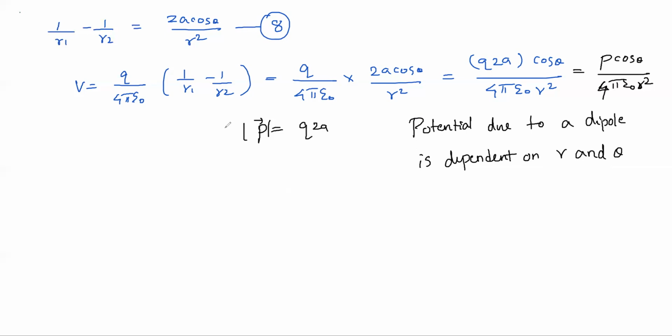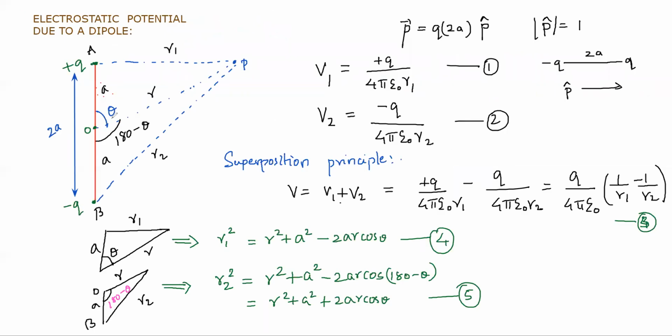So look at the figure. When you vary the angle, the point also changes, and the potential also varies. When you move along any distance, the potential also varies. Either you vary the angle, the potential varies, or you increase or decrease the distance, the potential varies. So it is angular dependent. At each and every point, the potential is dependent on angle.